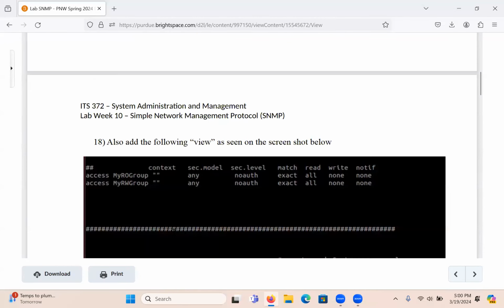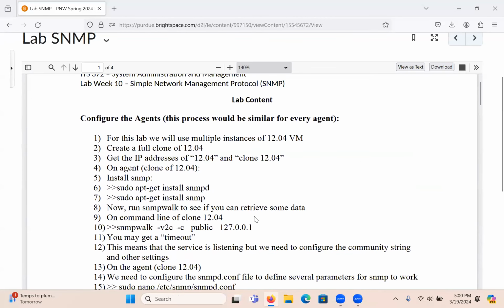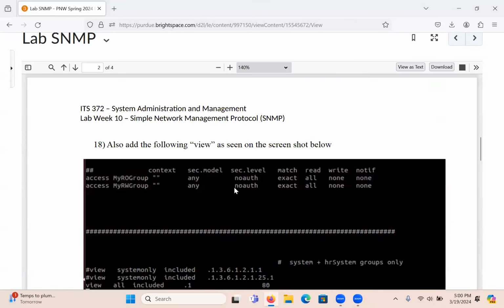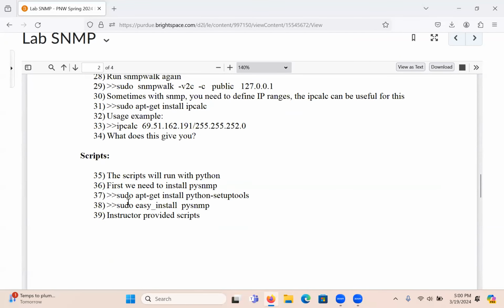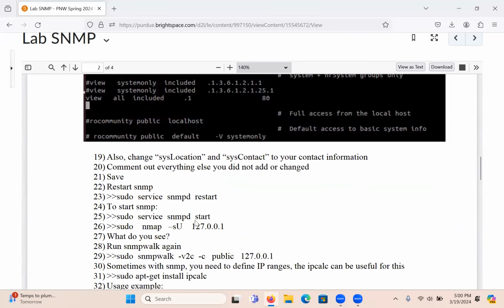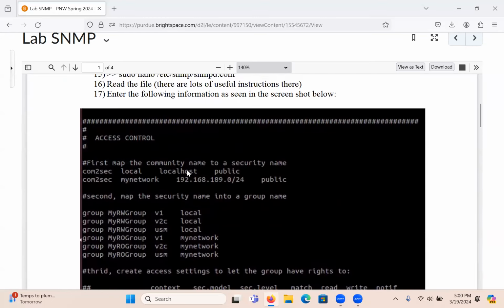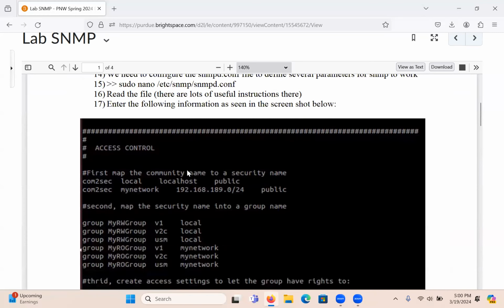Okay, all right, so let's go to the beginning here. And I think somewhere in here, I also have some scripts. Yeah, so we'll do some scripts. But let's start here. Let's start with a SNMP client. So that'll be our first goal. Notice that I have these screenshots here, right? I have